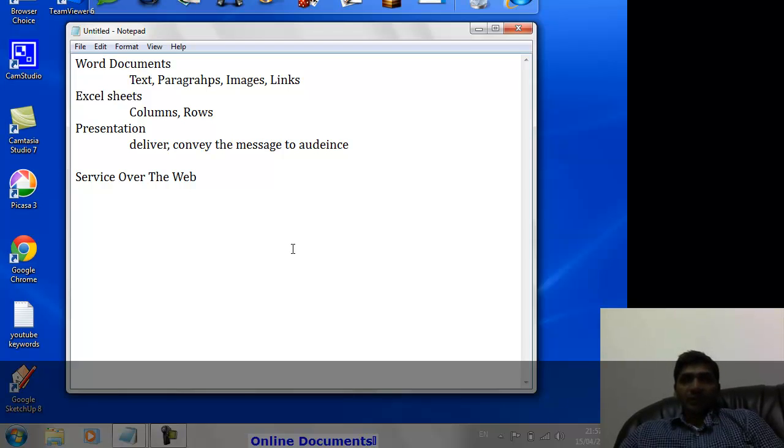So that means I cannot manage, edit, print, or modify my documents using the other laptops, because the computer that had the software is out of work. Now I'm stuck. But what if that service is over the web? That means any computer which has the ability to connect to the web can use that service. For example, if Microsoft Office is available at some website or at a link,